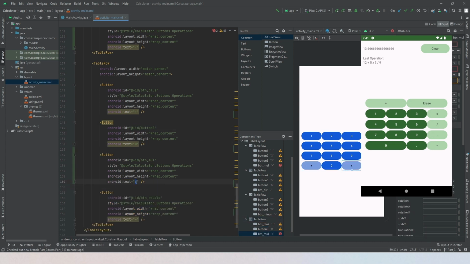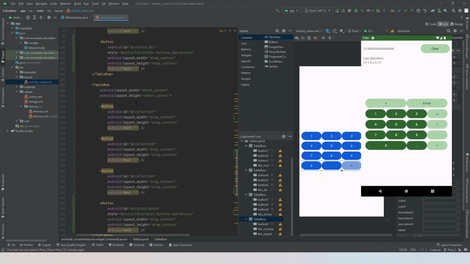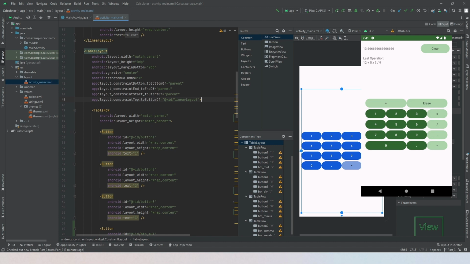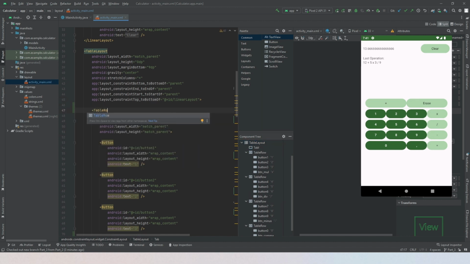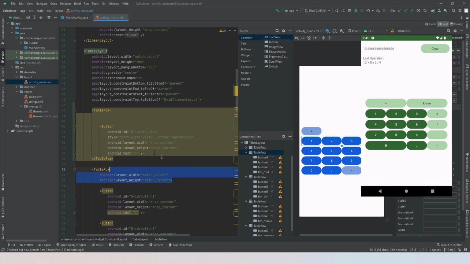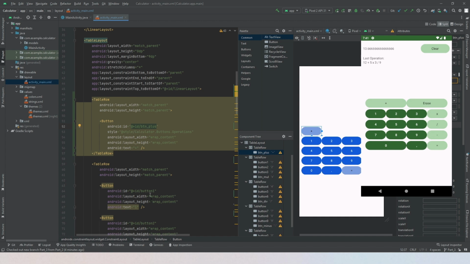So here this and comma, I'm gonna remove this, and we're gonna move the plus element to a new row that we're gonna create here, table row. Gonna copy the same properties. We have our plus, and we're gonna create a new button,